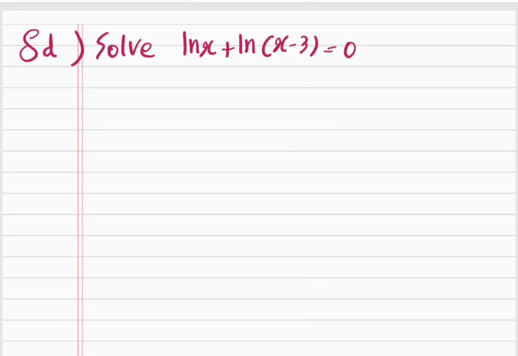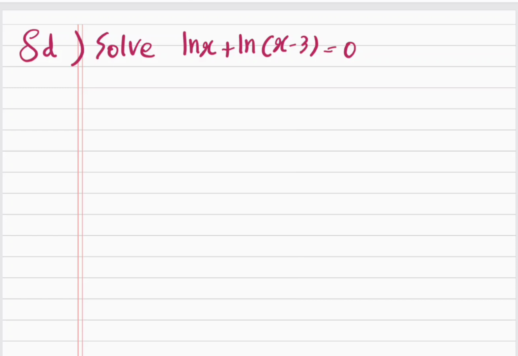This video is Mixed Exercise 14, and we want to solve the equation ln x + ln(x - 3) = 0. Right, so for the first step, we can immediately use one of the log laws, which allows us to